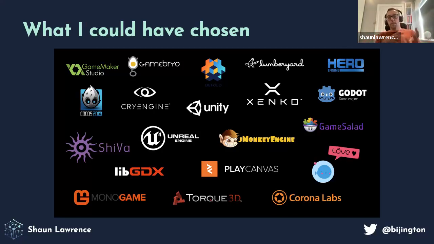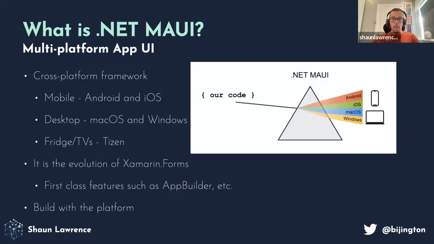And I found that by choosing .NET MAUI, which is a framework that I'm fairly comfortable with, it allowed me to feel safe while exploring other concepts. So that seemed to be quite a pleasant experience while I'm scratching my head over complex physics. So on that note, let's take a brief look into what .NET MAUI is, and then we can work out how we can fit a game engine into that.